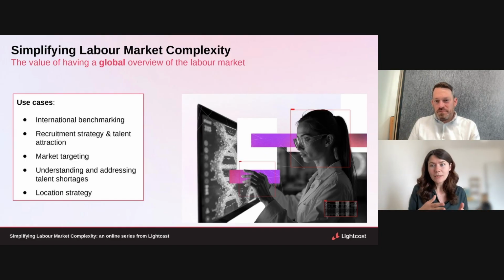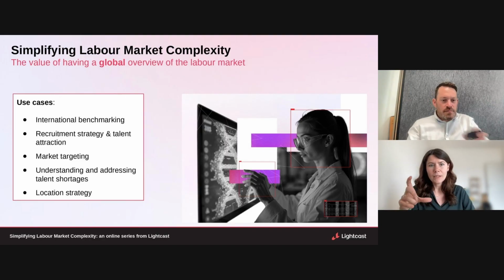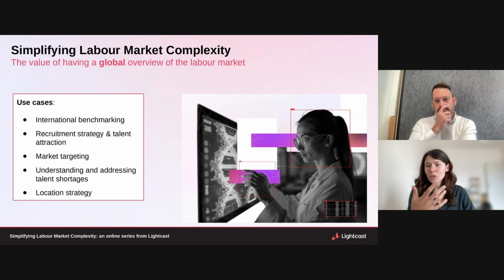A lot of companies in the US may be looking at other places across the world where to do business, or the other way around. Different parts of the world will try to understand how to do business with the US in different ways, or how to do different business between themselves in different ways. And so having the ability to compare all different markets can help select a location for new businesses, or for new headquarters, or for new offices.